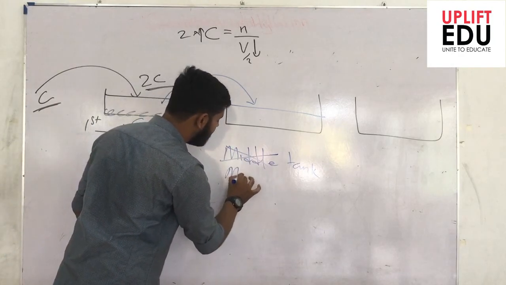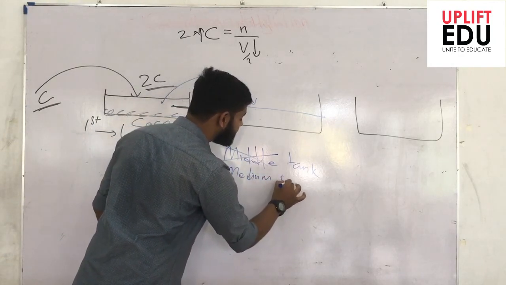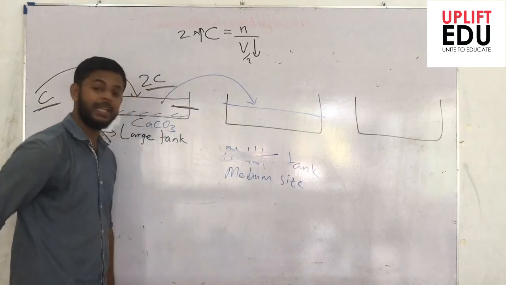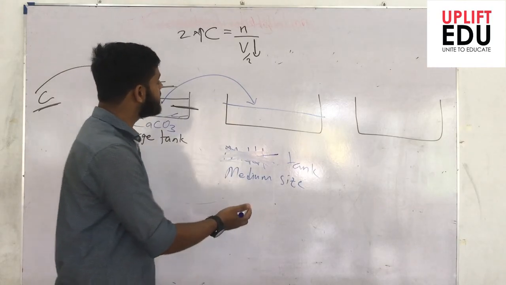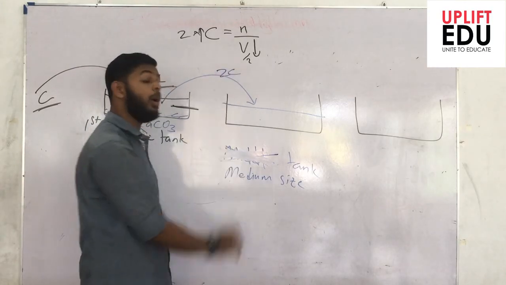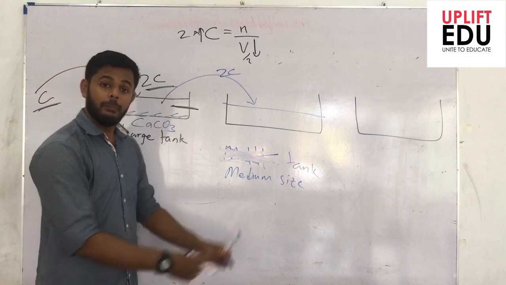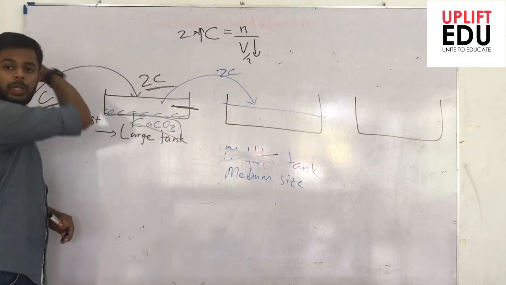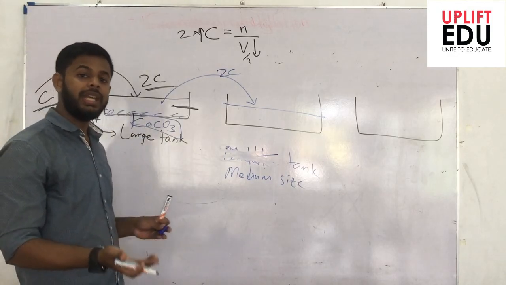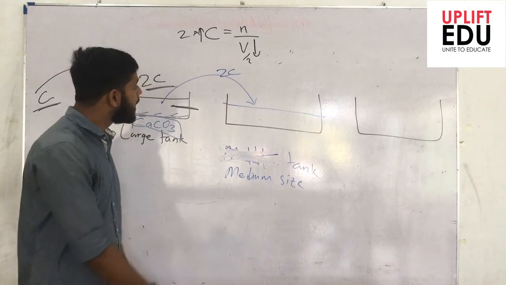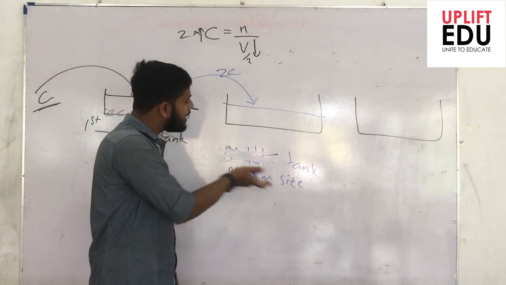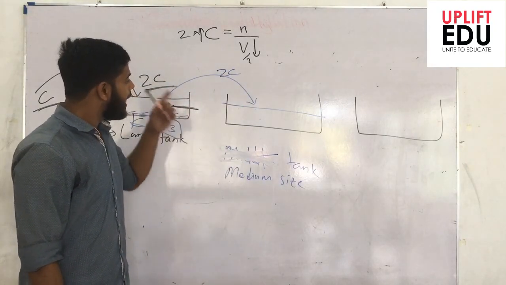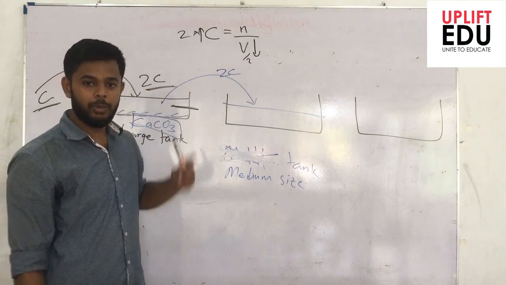We call the second tank the middle tank or the medium sized tank. The term medium sized tank is not wrong; it is the better term. In the medium sized tank, we have transferred a solution of twice the concentration. But before that, the calcium carbonate precipitated in the first tank will be passed to the required industries, right? So now in the second tank, the medium sized tank, we have passed the solution with concentration 2C, and we allow it to evaporate further.